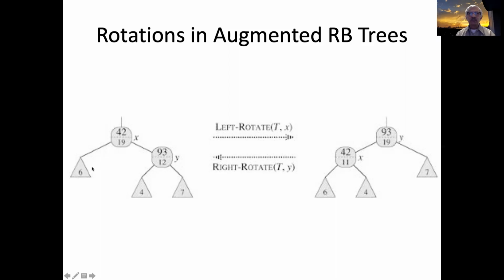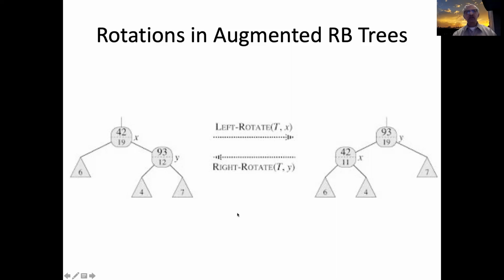To start with, this subtree here had 6 nodes, this had 4 nodes, and this had 7 nodes. So therefore, the size information here is going to be 4 plus 7, 11, plus 1, 12. And the size information here is going to be 12 plus 6, 18, plus 1, 19. Now, when you do the rotation, the trees move around a little bit, so you have to now update the